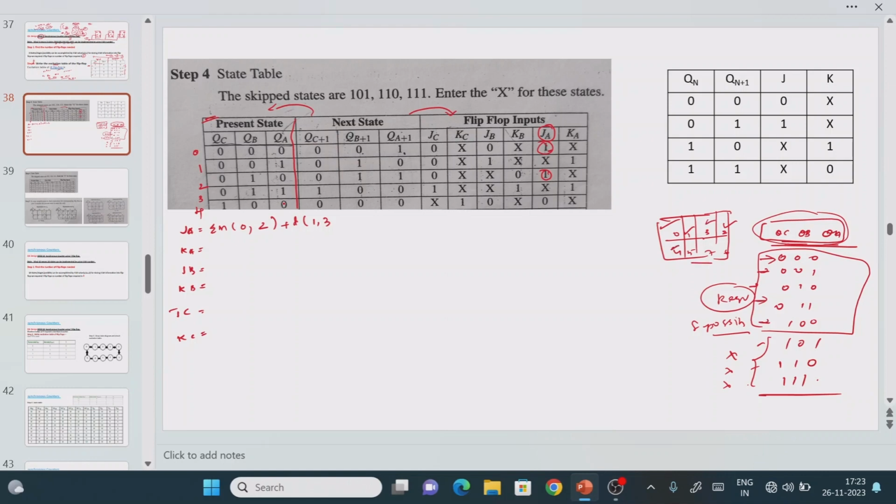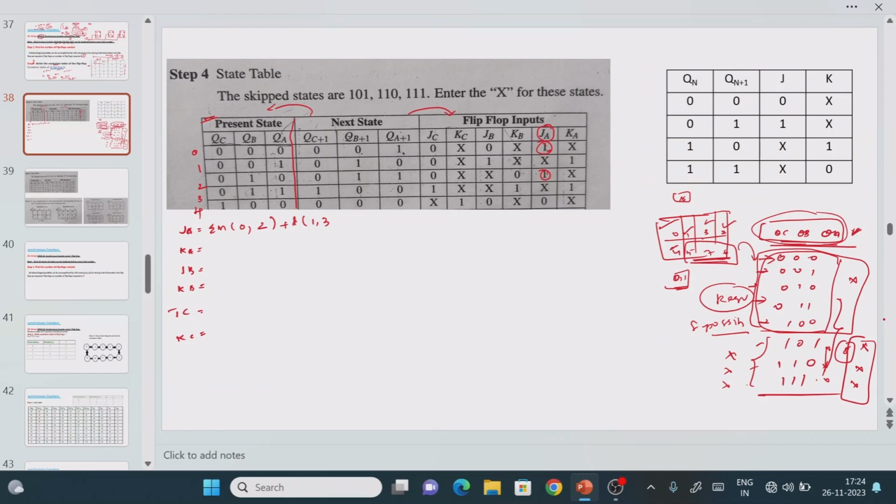But what about 5, 6 and 7? Are they available in the truth table? No, right? Because if they are not in the truth table, we don't know whether the value may be 0 or 1, right? It means that here we require only these counts. But if you take the 3 input values, obviously it will generate 8 possibilities or 8 counts. So these are not required, right? But the moment you pass into the K-map, here we have 8 cells, not only 5 cells. Now what can we do for 5, 6, 7? We should consider these as don't care combinations.